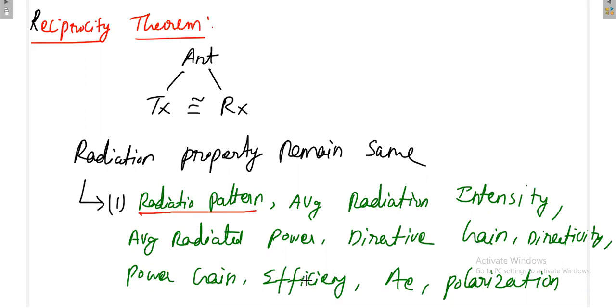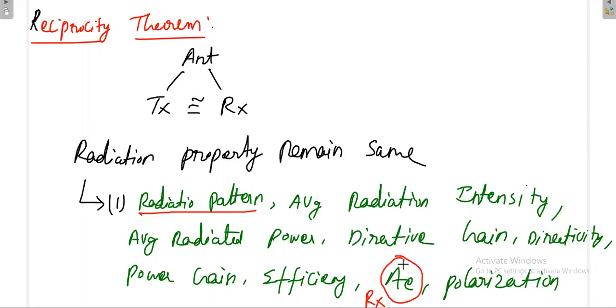And finally we'll see the efficiency. Efficiency means how much power we have given as input to the antenna, and how much is actually radiated by the antenna. Then effective aperture area. This property is defined only for the receiving antenna. For a transmitting antenna, you will not have Ae, but only for the receiving antenna you will have effective aperture area, because you already have some physical area. Say, for example, if your antenna area is 1 meter square, the entire 1 meter square will not be receiving the power. Maybe only around 0.9 meter square may be receiving the power.